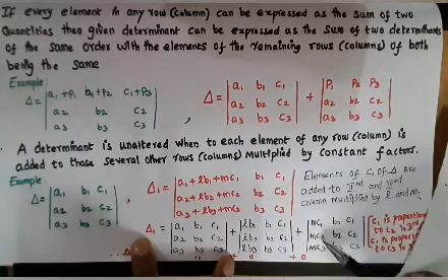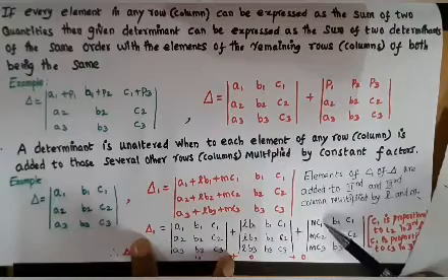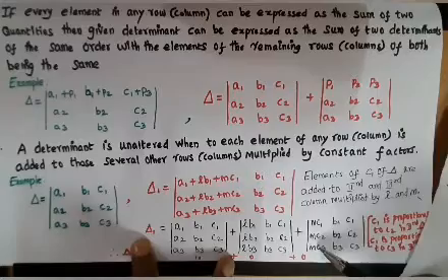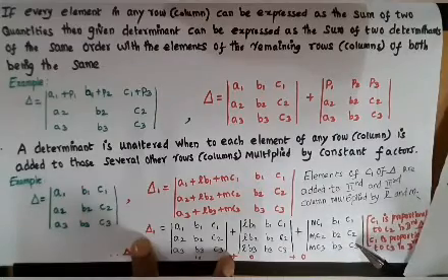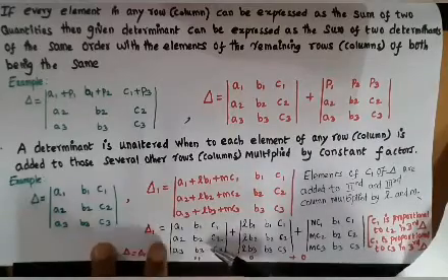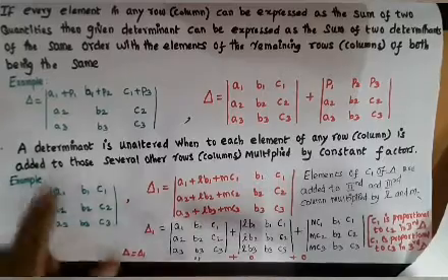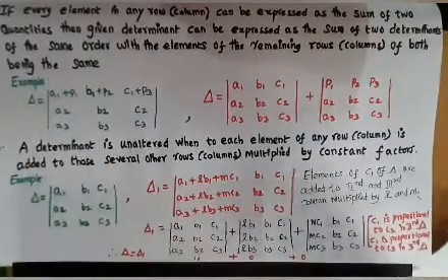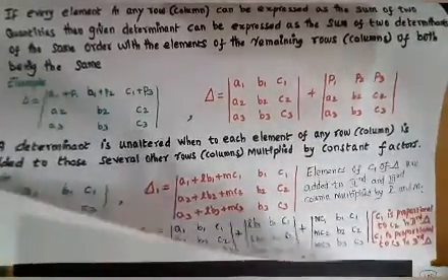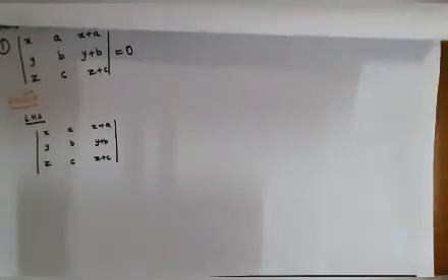Here MC1, MC2, MC3, B1, B2, B3, C1, C2, C3. See here, this is column 1, this is column 3. Column 1 and column 3 are identical, so the del value is 0. Here nothing is identical, so the same del value comes over here. So del 1 equal to the del value. So the determinant is unaltered, the given determinant is unaltered. So now we are going to see exercise 4.2 in your given book.